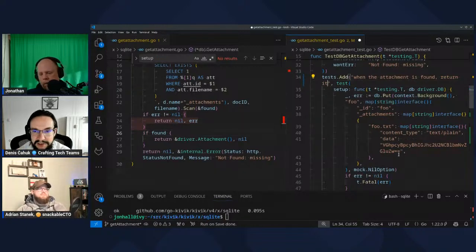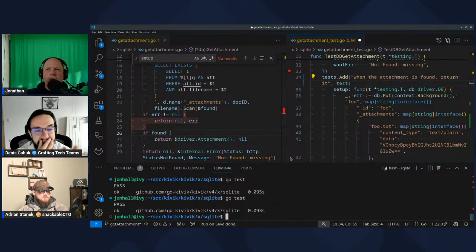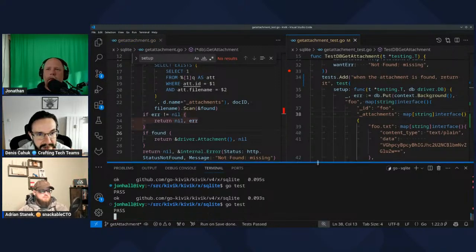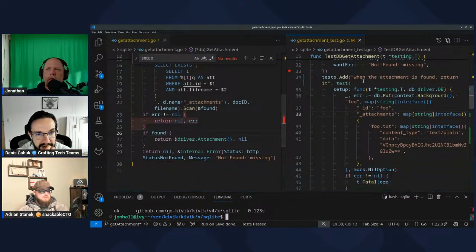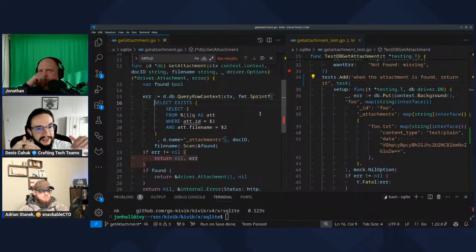By the way, does the test still pass? Let's find out, because we're refactoring the tests now in order to refactor. Yes, they pass. I will now extract this, what we just did. This query. No, the implementation. Here. Yeah. Okay. I would extract this boolean out of this function.